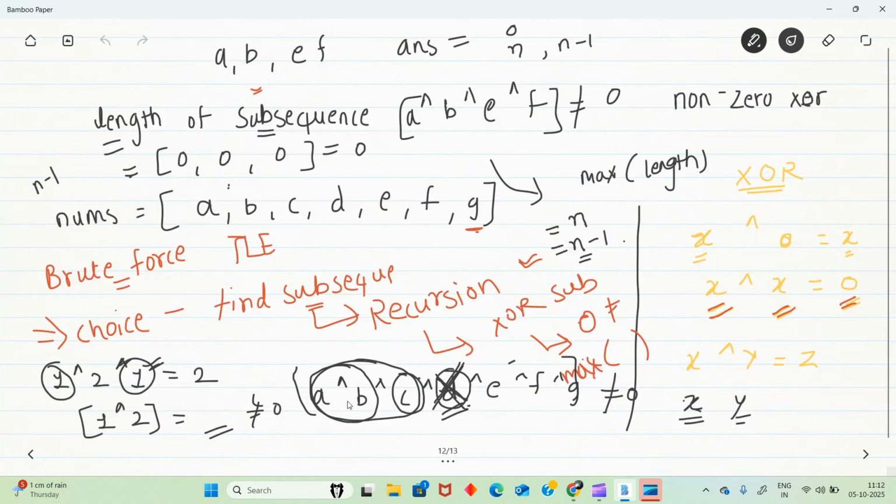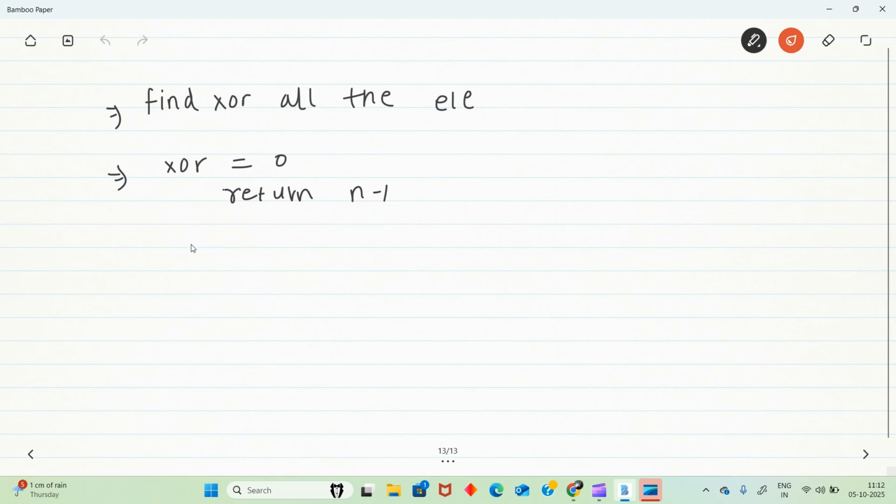One more thing, it's not necessary that we have this with D only. We can have XOR of A and B with E and F as well. But if I remove this F, I'll get E, and E XOR A XOR B XOR E will be non-zero. So we just have to remove one element, then we'll get the non-zero XOR. It's not necessary that only one D will be the same as this XOR. So yes, first we will return N, else